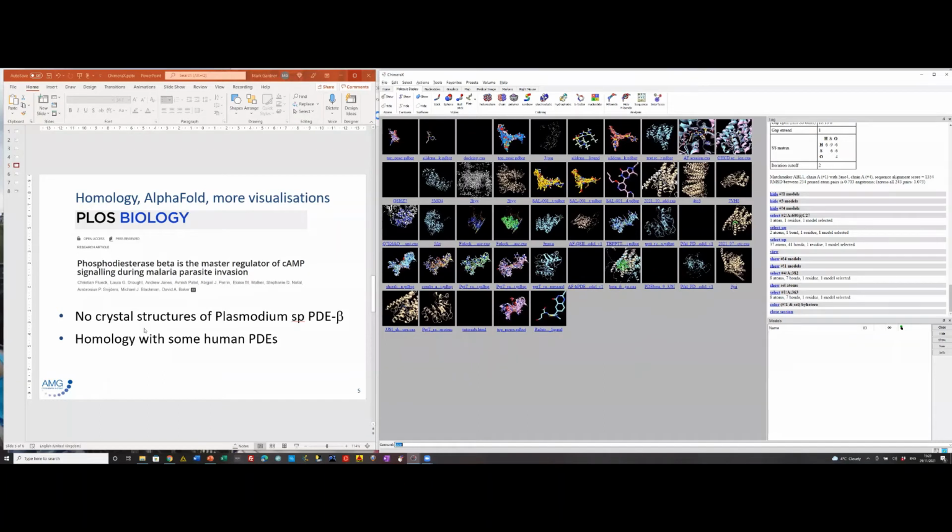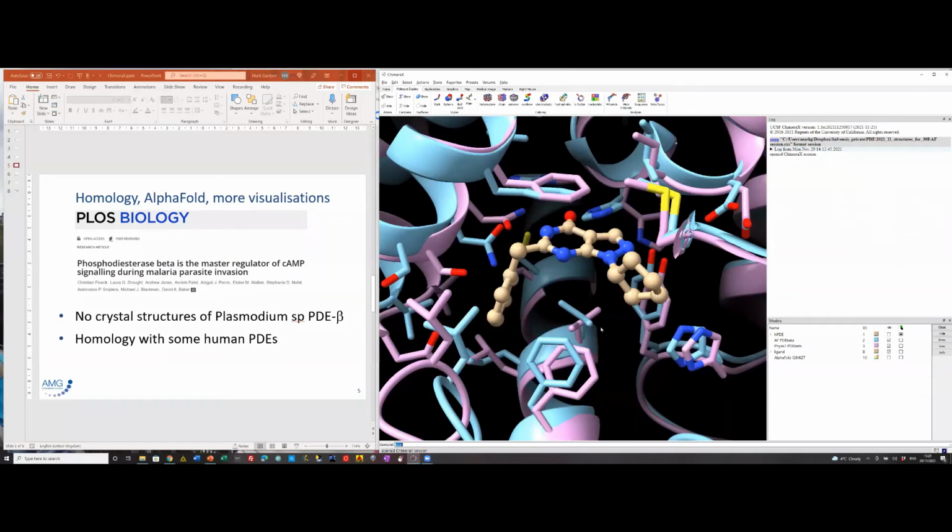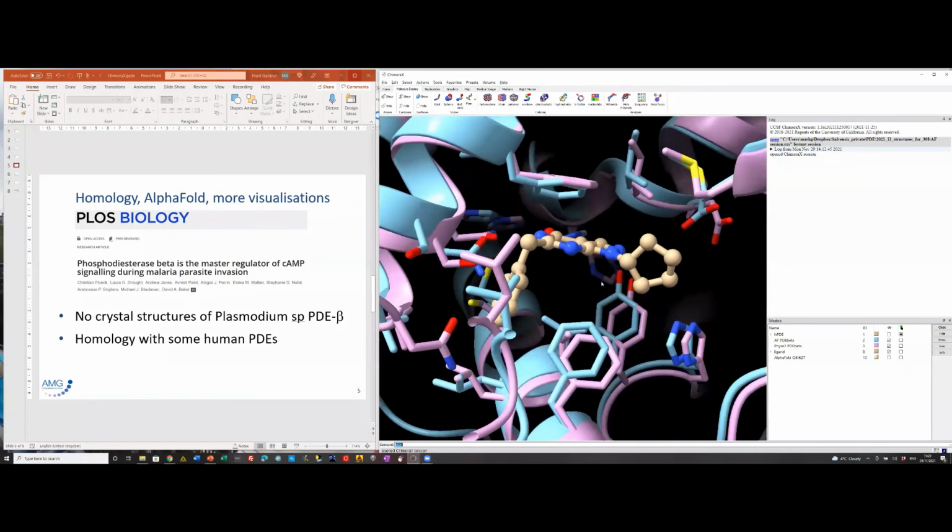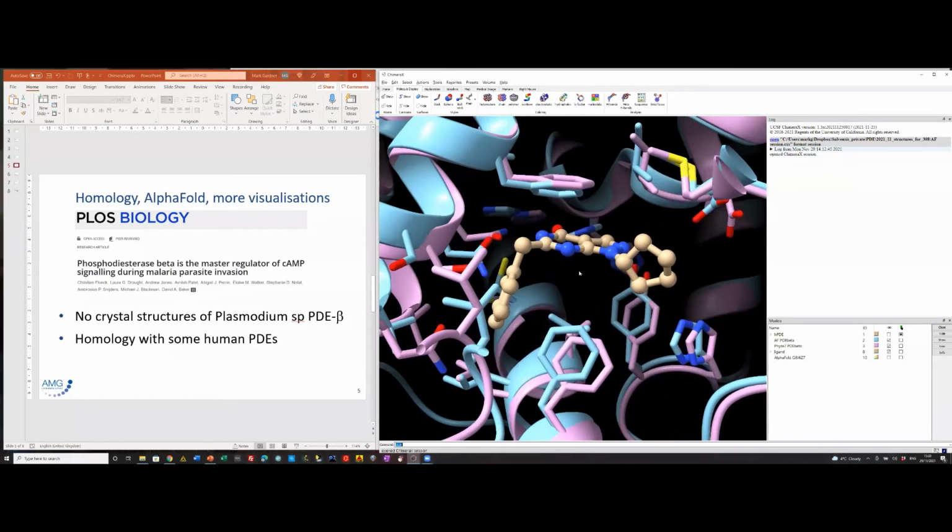So there are no crystal structures of Plasmodium species PDE beta. So we're going to take a look at homology with some human PDEs and also at an AlphaFold prediction of PDE beta. So this session, the CXS file, which I've saved previously, has got quite a lot of that information in. So we're focusing on the ligand,